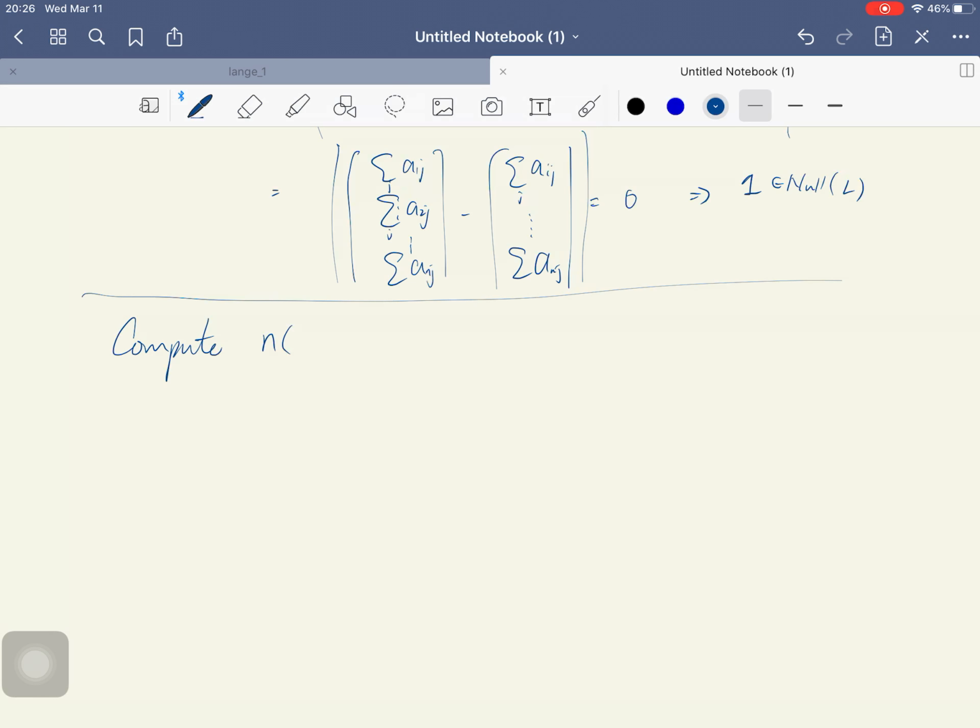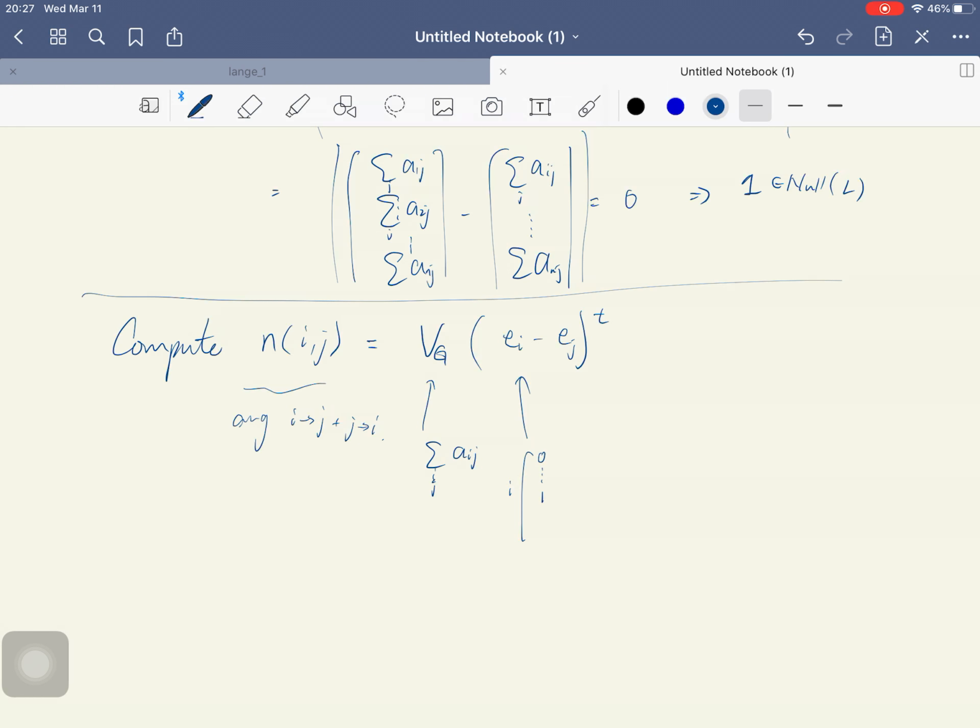Compute n_ij via... Well, okay. Remember, this thing is the average number of steps required to go from i to j, then from j to i. And this, you can show, is equal to the volume of the graph. So this is just the sum of a_ij over all i and all j. Volume of the graph times (e_i minus e_j) transpose,